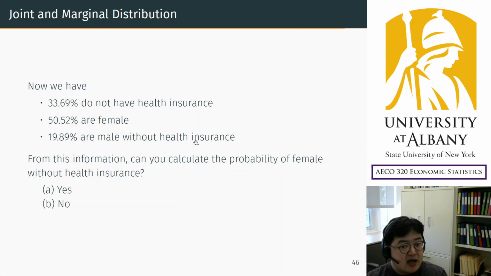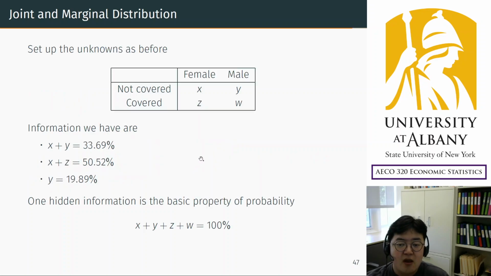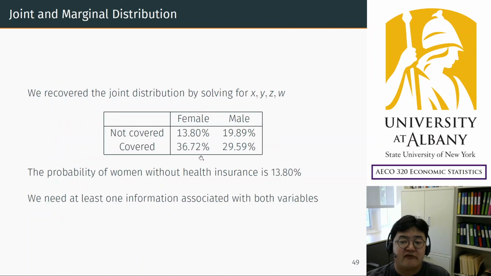It should be not just male or having health insurance, but either male having health insurance, male without health insurance, or vice versa. So then you can recover the joint probability, and that is what we need to recover the full